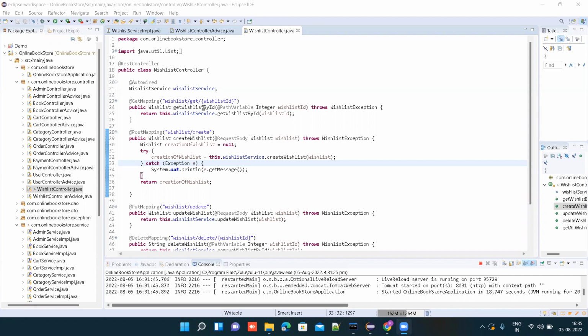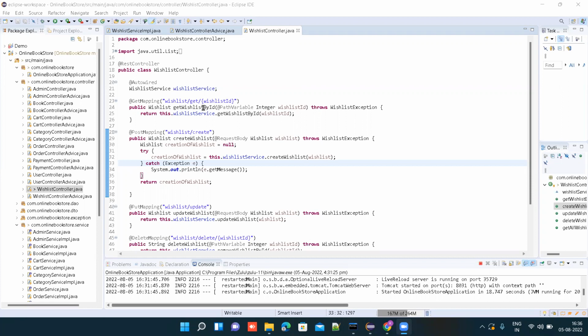Wishlist is the name of our resource, so the extra "get" after wishlist is not required. Similarly, post already says you want to create a new wishlist, and similarly put. You can change this later. You got the concept? Yes, sir.